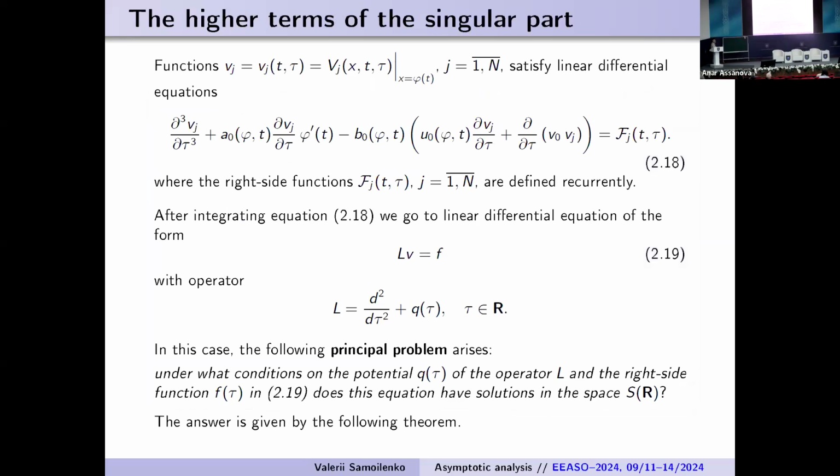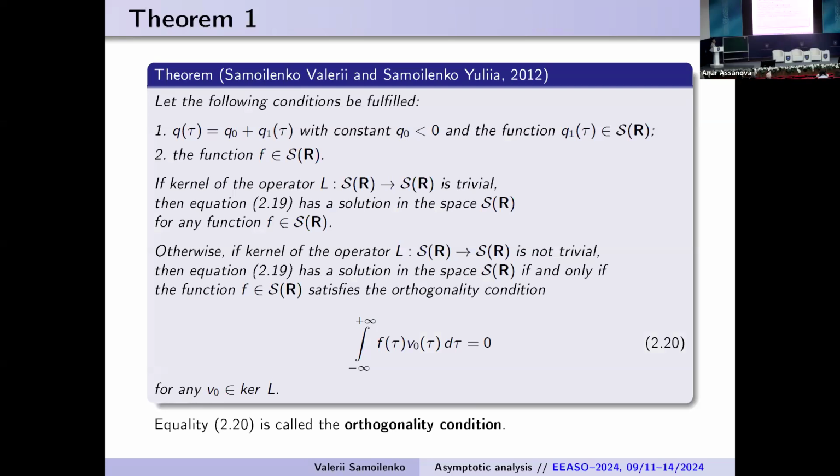It is very simple, but the specific feature of this problem is that we must find a solution in the space of quickly decreasing functions. Otherwise, if the kernel of the operator is not trivial, the equation has a solution only if function f satisfies the orthogonality condition. Here, v sub 0 is a solution for the main term of the singular part of the asymptotics, and I would like to remark that the kernel of operator L can consist only of one independent function, because